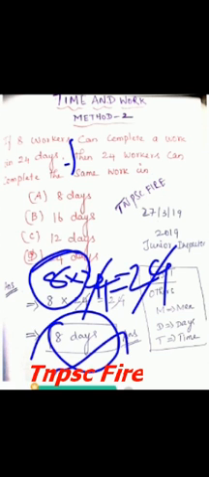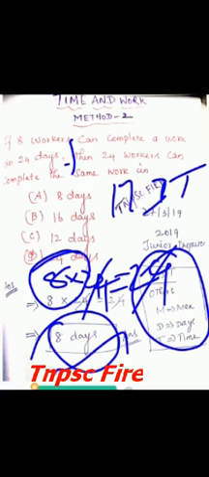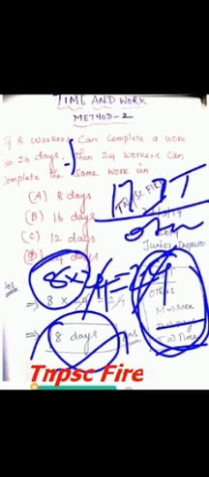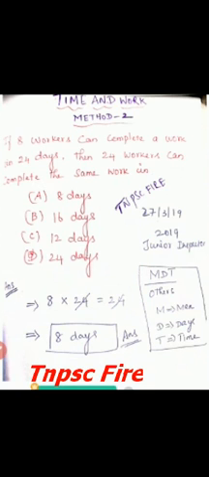Shall we move on to the second question? You clearly understand, you use this trick, MDT. M is men, D is days, T is time, divided by others. You actually split the problem before and after the equal sign. This is before the equal, this is after the equal. So it is very easy to solve. If you use my tricks, it is very easy for you. Shall we move on to the second question?